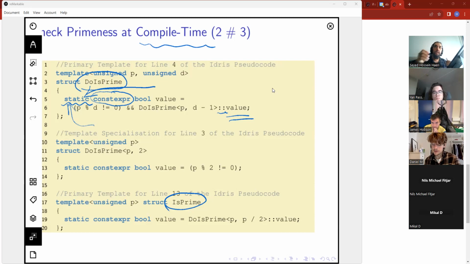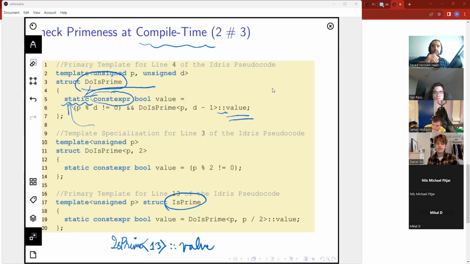Right. Now, what that means is that if I write is prime, well, the lucky number here was 13, right?